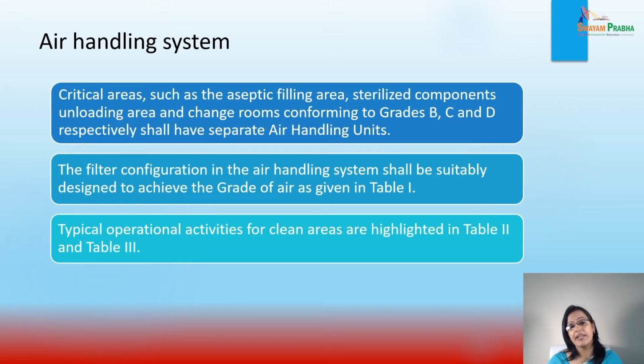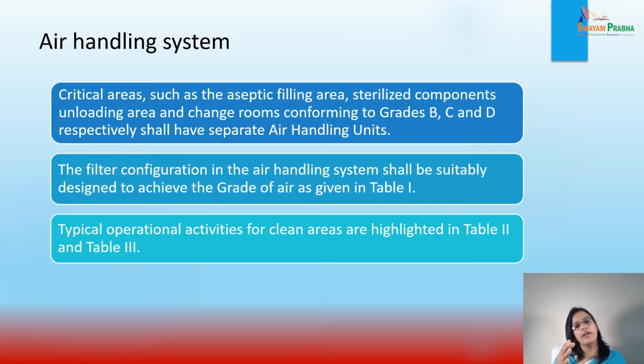Next is air handling system. So dear students, this is a very important part which I am discussing here. Air handling system is basically the air control in the manufacturing area. The air which comes across in the manufacturing area in parenterals or in ophthalmic preparation, sterile product preparation should be completely controlled. So air handling units for sterile product manufacturing shall be different from those of other areas. Okay, because we have to control the air. Okay, we have to filter the air.